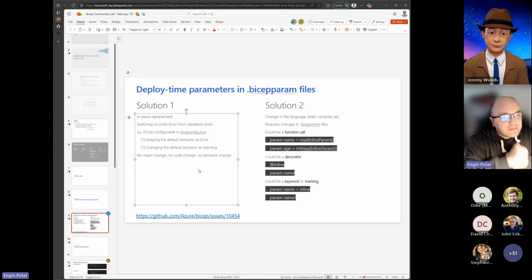Pros, it doesn't need any change in the existing Bicep files. We can keep the severity level as error, for example, by default. Cons is it's a project-wide configuration, not specific to a parameter or a file. So there could be some unwanted complications when you change the severity, or when you lower the severity, and you have two parameters with no default values, and one of them is going to come from an inline parameter,